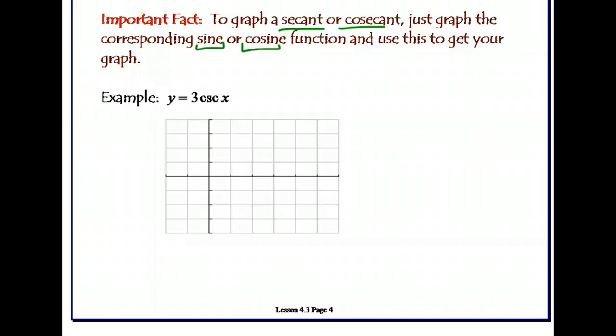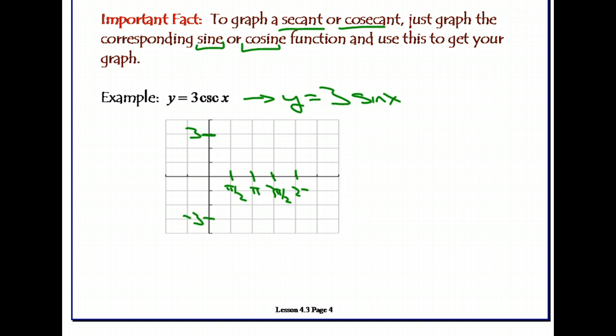So here's a question, y equals 3 cosecant of x. I'm going to translate that, and I'm going to graph y equals 3, reciprocal of cosecant is sine of x. And you spend a lot of time graphing sines, and hopefully you look at this one thinking, ooh, this is not bad at all. The amplitude is 3, so it comes up to 3. Down to -3. We know our key points for sine or cosine are pi halves, pi, 3 pi halves, 2 pi. We know our sine graph starts at 0, goes up to 1. I'm sorry, it goes up to 3 this time because the amplitude is 3, down to 0, down to -3,